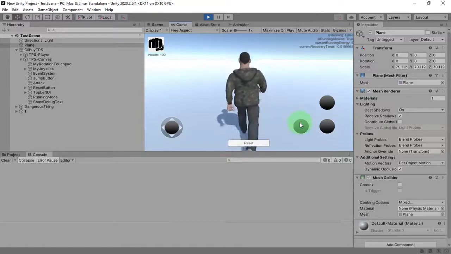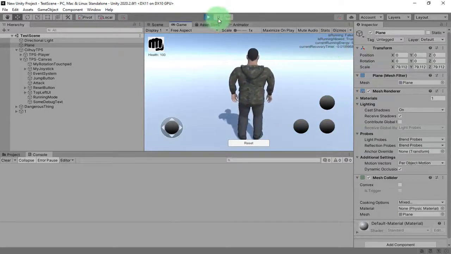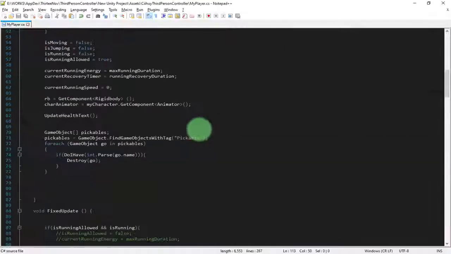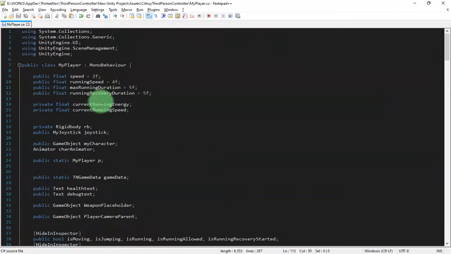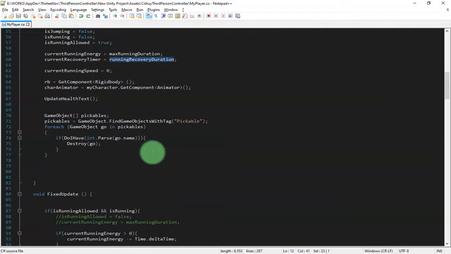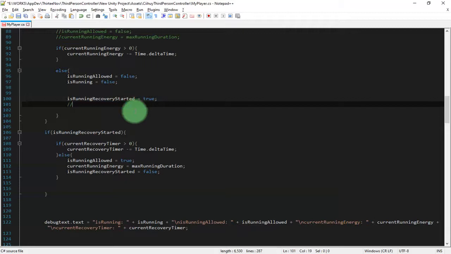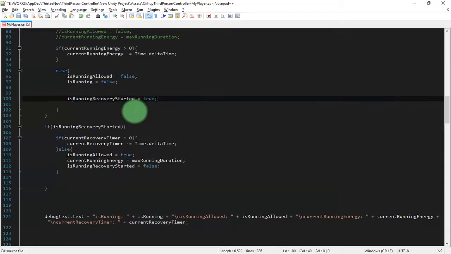I need to reset its value. I need to reset the value of current recovery timer to be the max running recovery duration. Yeah, here is the variable that I had commented out.